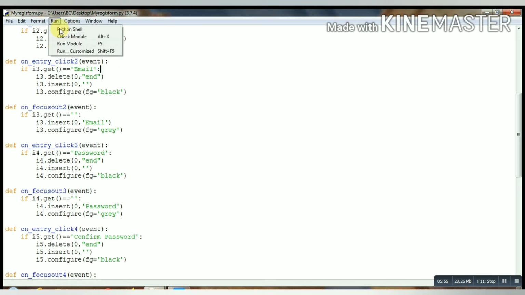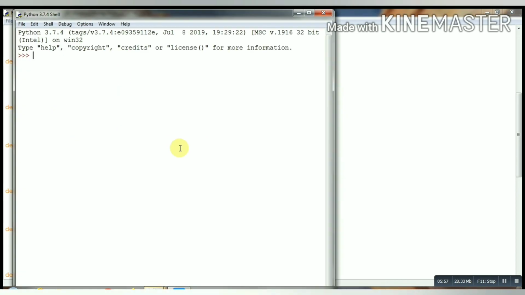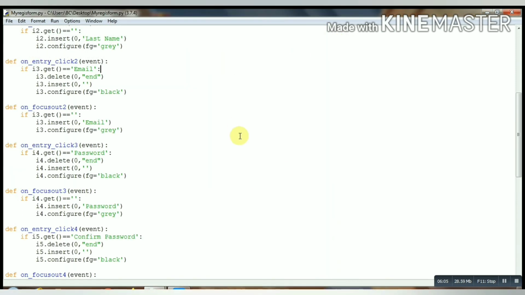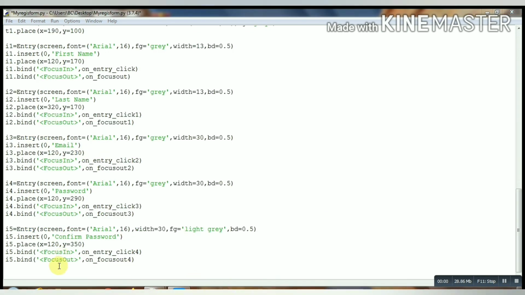As I have done all, now let's run and see how it looks. So till now it looks like this. Now let's move further. Now we will make a final button.